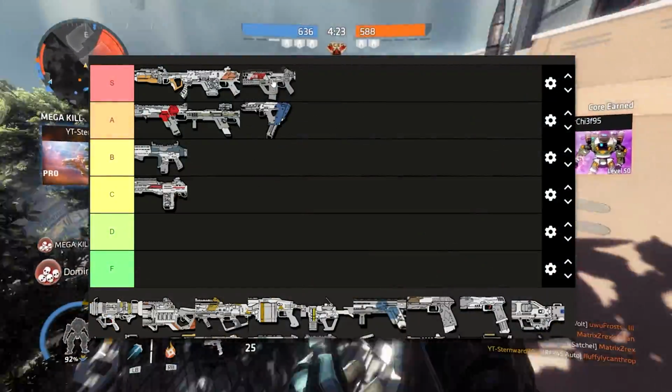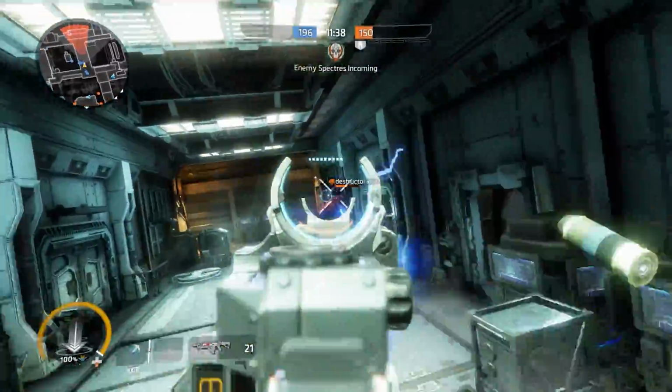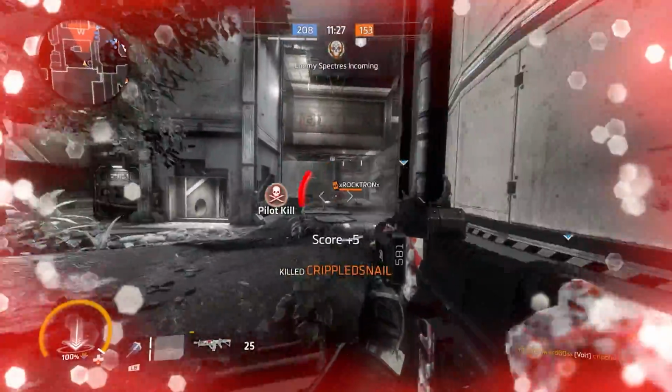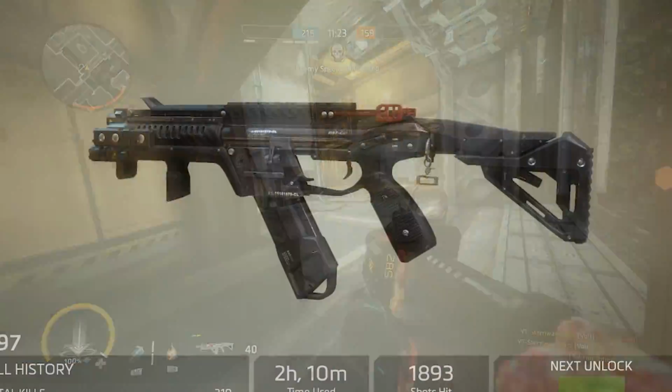And I know some people are going to be like, Alternator over the Volt in the S tier. I don't know, man. I just shred with the Volt. I've always shredded with the Volt. The Volt is going into the S tier on my list. Next, moving on. All right, and last but not least, we're going to be taking a look at the R97